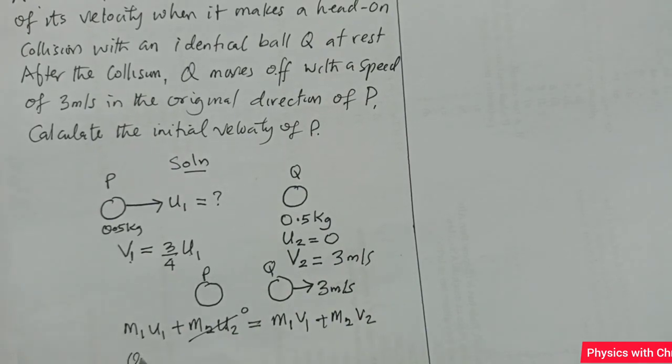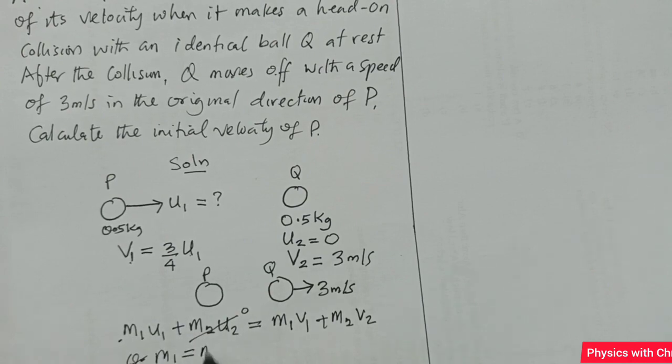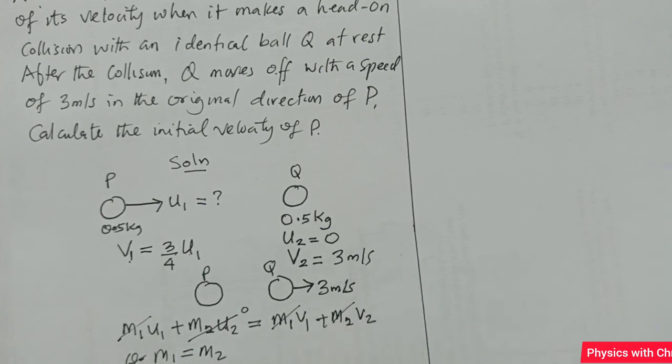Since the two balls are identical, it means that the masses m1 is equal to m2, so they can cancel out. So I have u1 is equal to